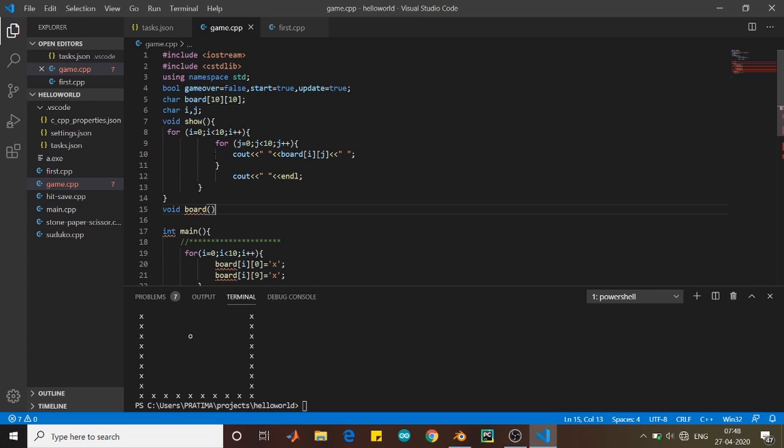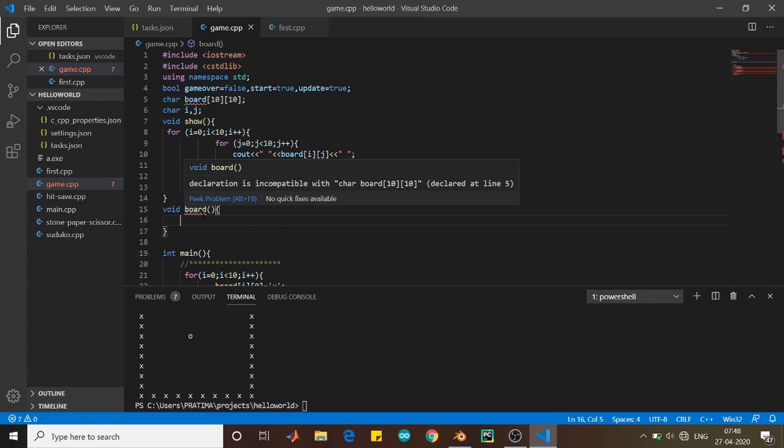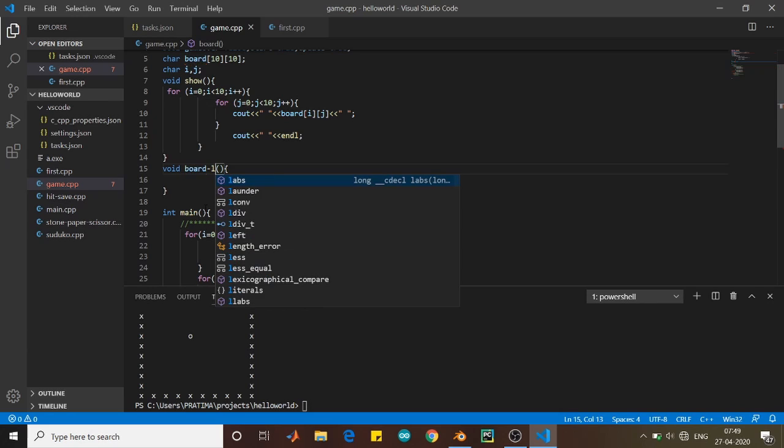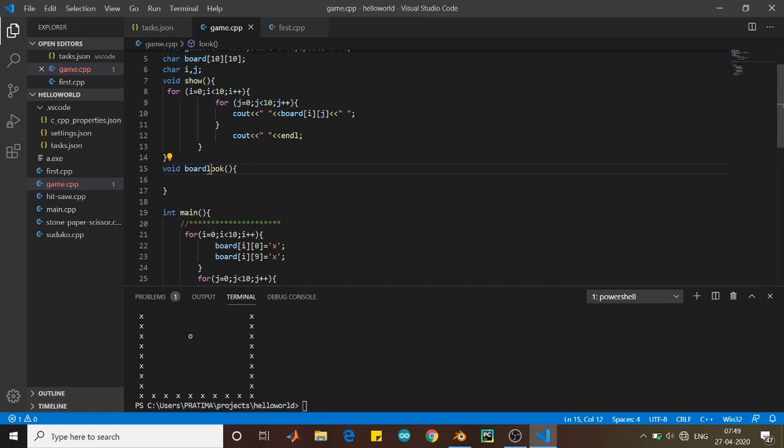Now we are creating a function void board. In this function we will write how our board will be performing all through the game. Okay, so I have got an error. Now since we have taken board as our character, the names are clashing. The function name is also board, as you can see, and the char board we have also taken, so we need to change the name. So I believe we will keep it boardlook. So now we do not have any error, and now we will keep moving.